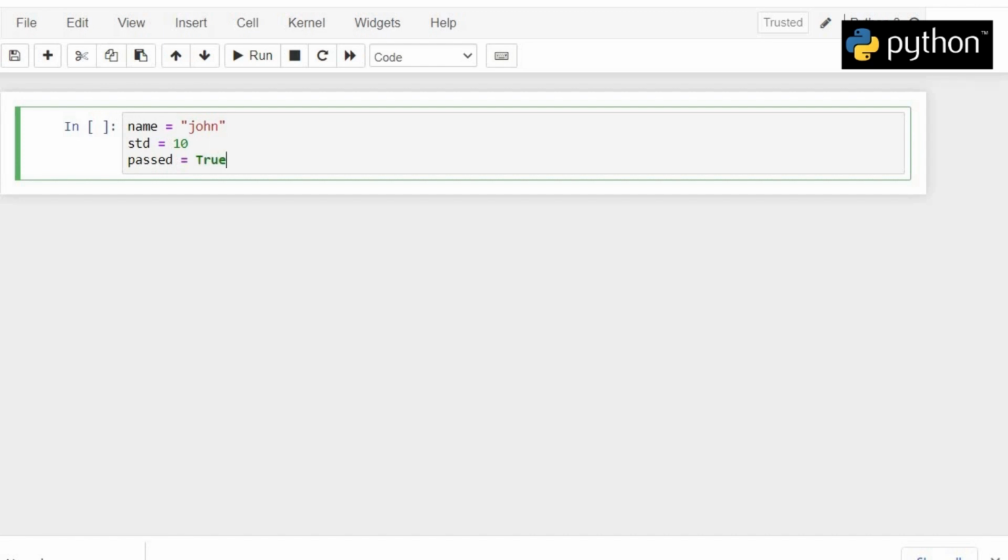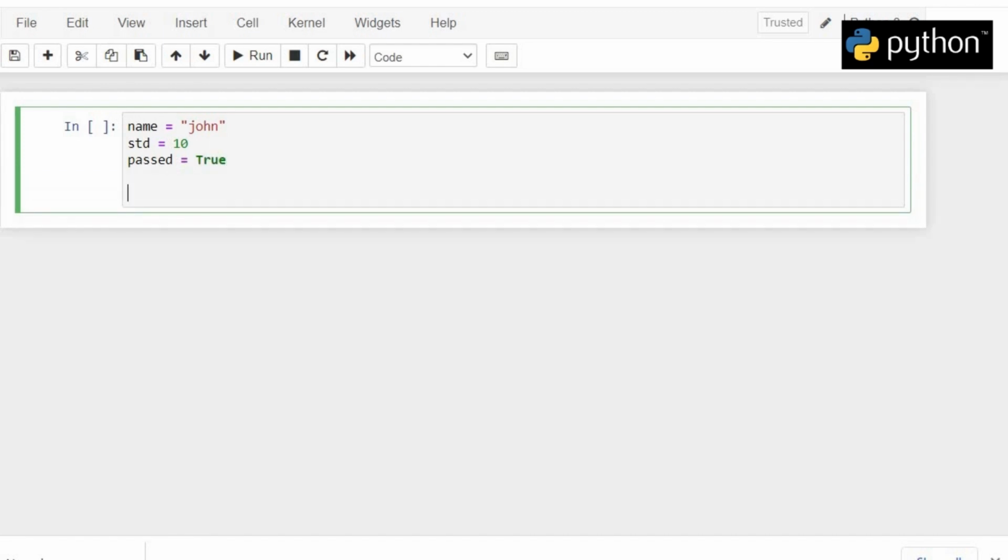Now as you can see, here we have three different kinds of data types. The name is an example of string data type, the class is an example of numerical data type, and whether the student has passed the exam or not is an example of boolean data type. Now if we want to store these three kinds of data type in the same place, then we can use a Python list for that. So we will define another variable named student in which we are going to hold our list, and within student we will define our list.